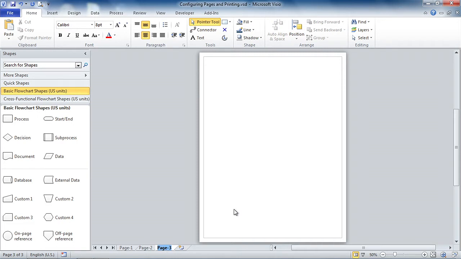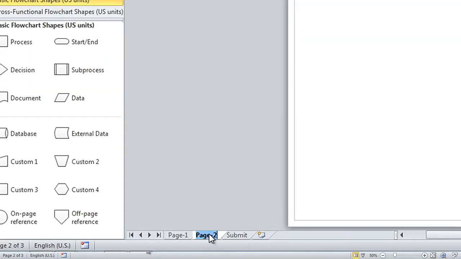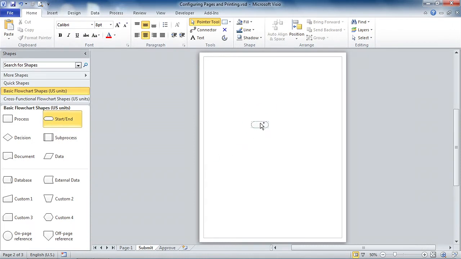I can just double click to rename them, so we'll call it Submit. And we'll call this one, what was it? I don't know, Approve, something like that. And maybe Submit should come first. Just simply drag the tab and move it over there. So I can reorder the pages easily. Super easy, and I'll just put a start block on here to remind myself that I need to do that